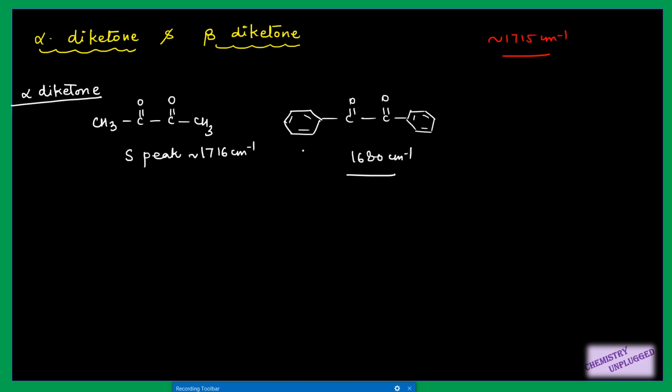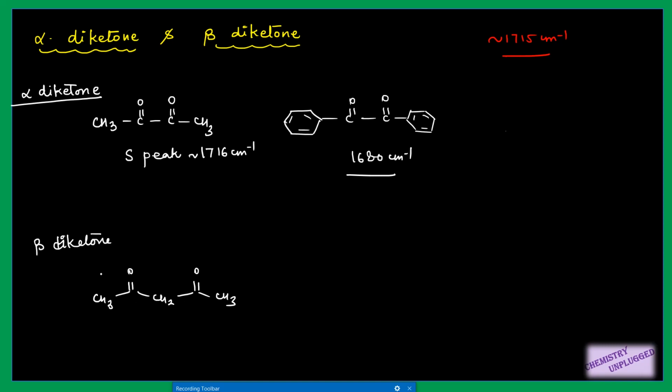You cannot say what the exact decrease in the CO vibrational frequency will be, but you can say that this value should be close to a certain value. By a decrease of 25, you will get 1690, and with a decrease of 45, you will have 1670. So you can say that this peak should be between 1670 and 1690, right? In this way you can locate the position of the peak. Next we have beta diketone. Beta diketone means you will have this one, your basic example. This is your alpha position, this is the beta position, so this is your beta diketone.